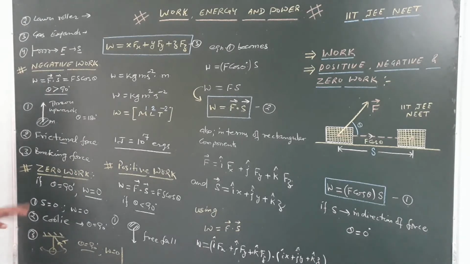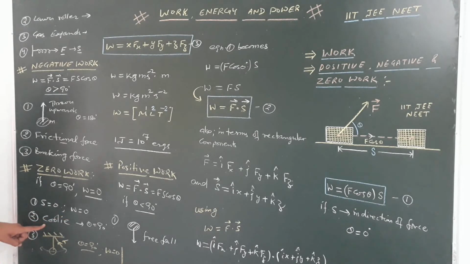So in what conditions is the amount of work done zero? Whenever theta is 90 degree, where theta is the angle between the applied force and the displacement, then in that condition the amount of work done will be equal to Fs cos 90 degree, which becomes equal to 0. So what are different examples when the amount of work done is 0? That is one of the conditions. Other conditions may also be, for example, if displacement is 0. We are applying the force but there is no displacement. For example, if we are applying force on this wall, I am not able to displace it from its initial position. So displacement is 0 but I am applying the force. So the amount of work done will be 0 in that condition.